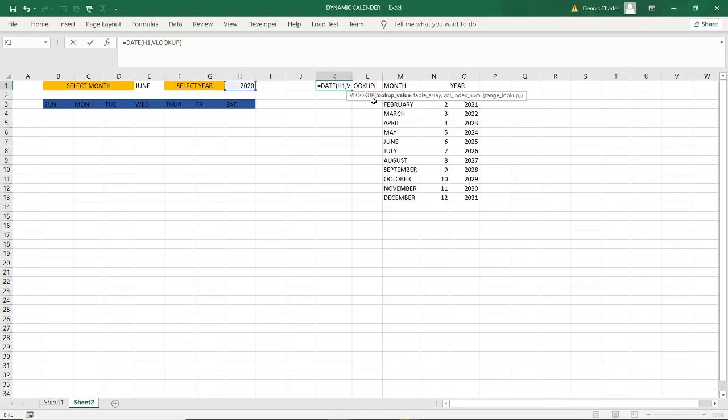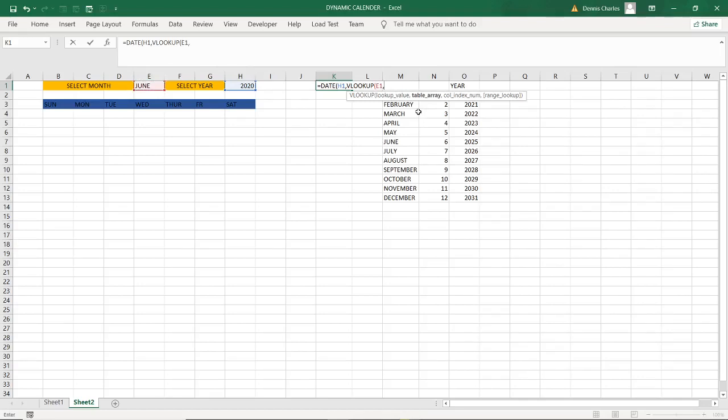Then in the VLOOKUP we talk about the lookup value and the table array. We are talking about the month here. This is the month, comma.